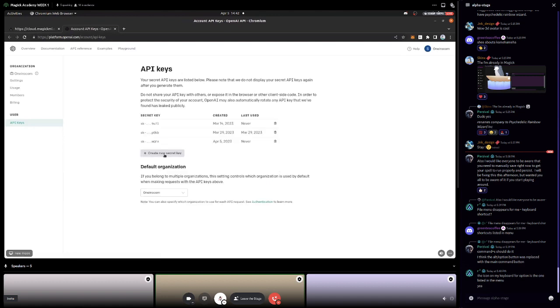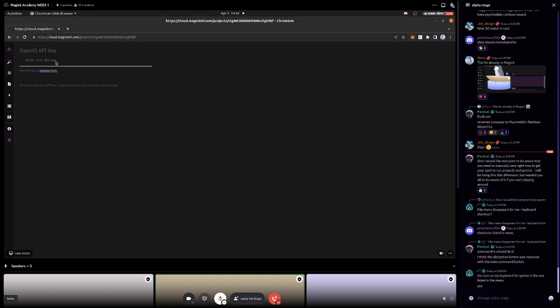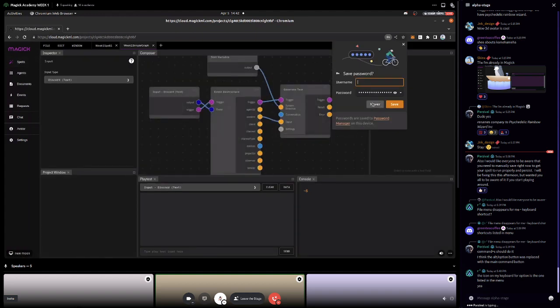You're going to click on create new API key, paste that somewhere because it will never show it to you again, and you're going to have to delete your API key and get a new one if you forget. And then I will take that and paste it here. Control V, that's it. And then when I go back to my spell,